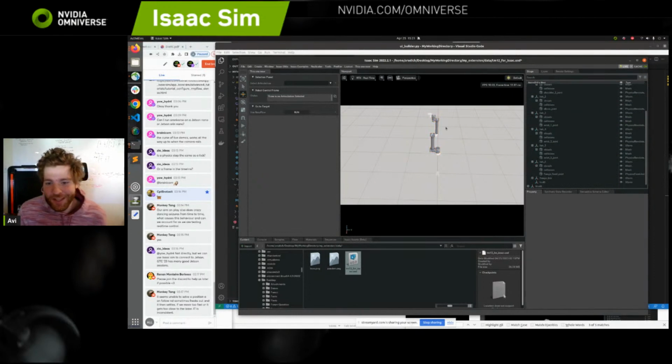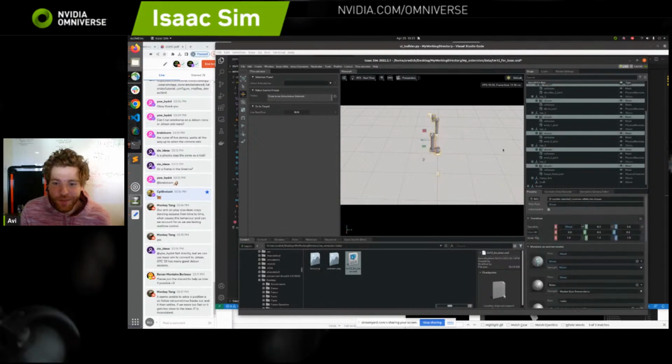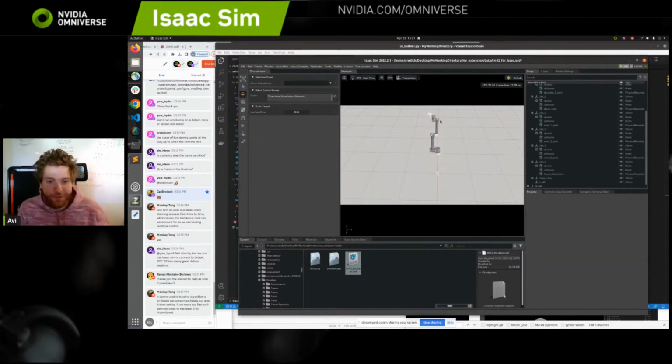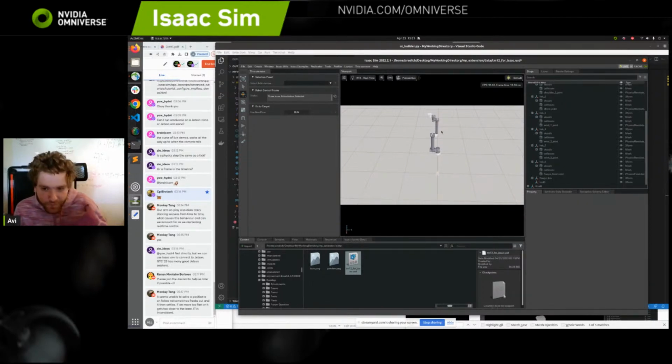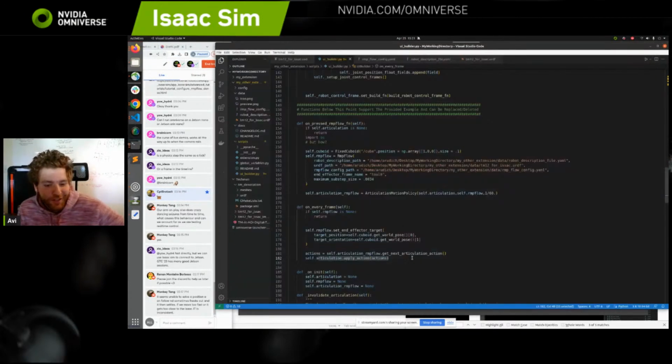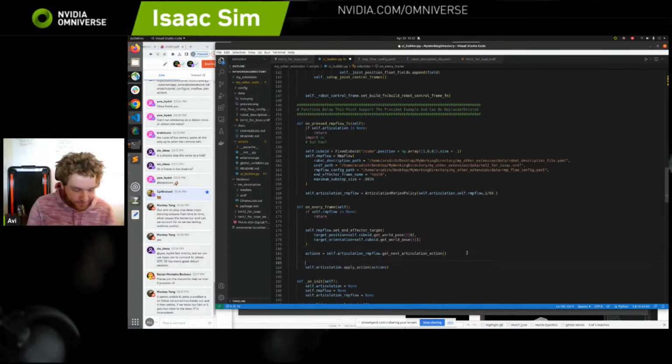Then you enter some kind of uncomfortable feedback loop between the PD controller of the robot and RMP flow, the algorithm, because RMP flow really is just assuming that the robot's going to be good at going where it's told. And if the robot is not good at going where it's told, it appears that with a push from physics, when there's a collision with this cube, the robot never recovers. The feedback loop is unstable. There's a simple solution here, which is that if RMP flow is expecting the simulated robot to go where it's told, then all we have to do is